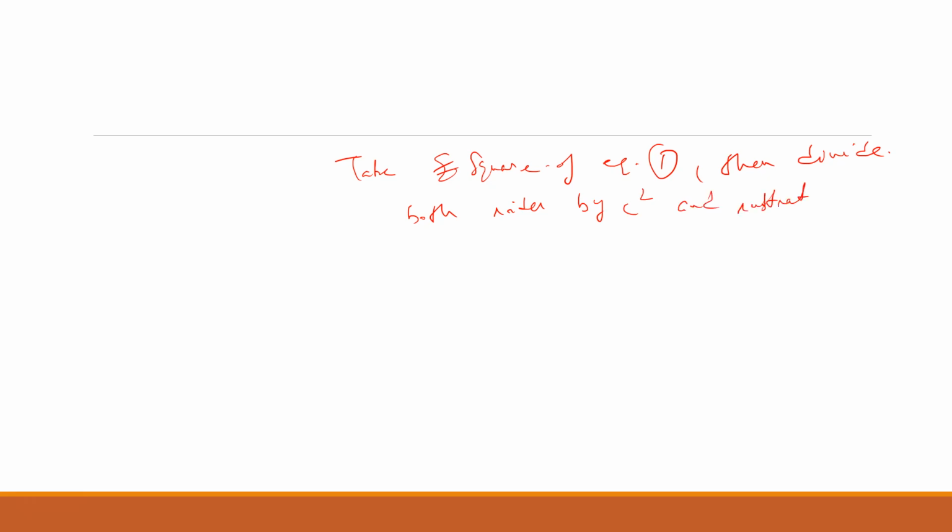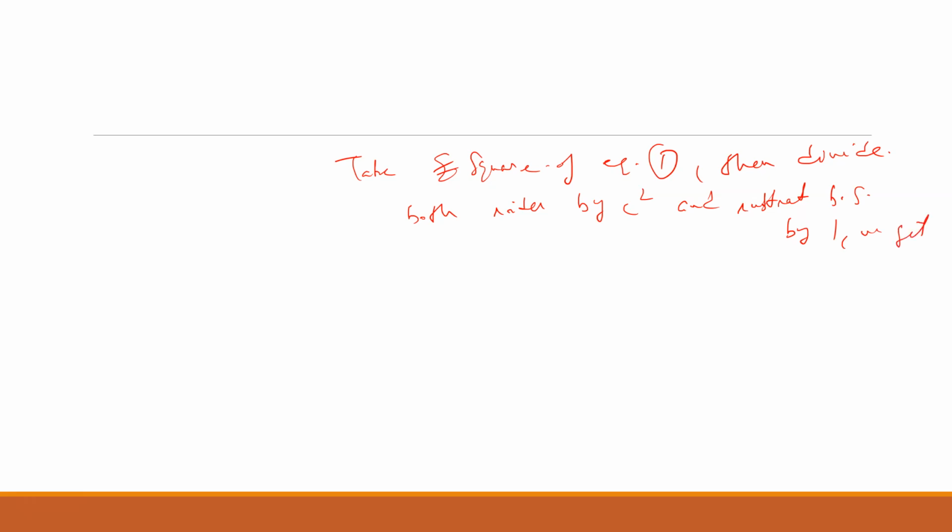Take square of equation 1, then divide both sides by c square and subtract both sides from 1. Okay,